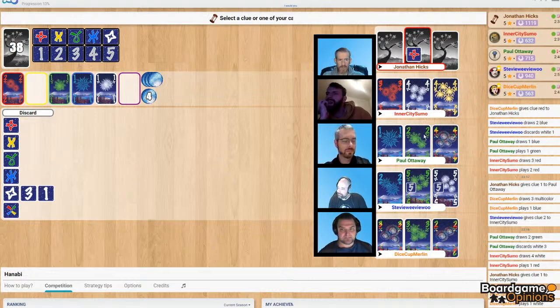So I really want to get some of these other cards played. We've got... Oh, this is really difficult. Matt's hand is just so hard to deal with. I think what I want to do is clue...